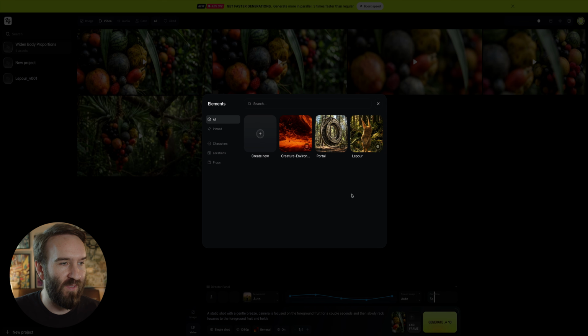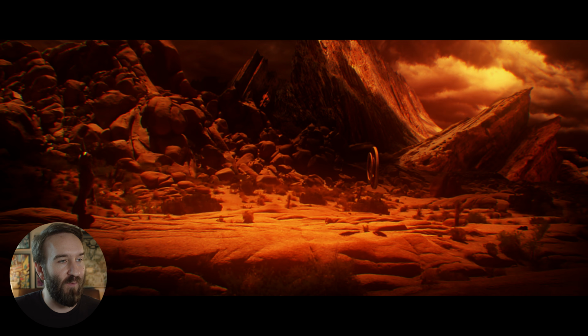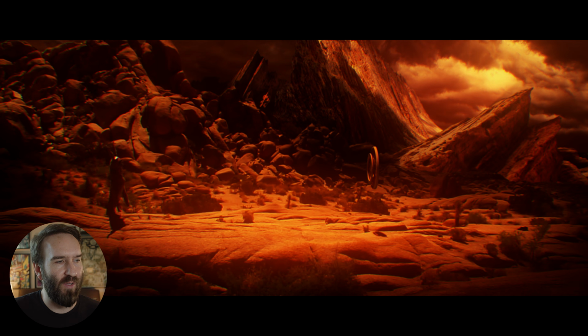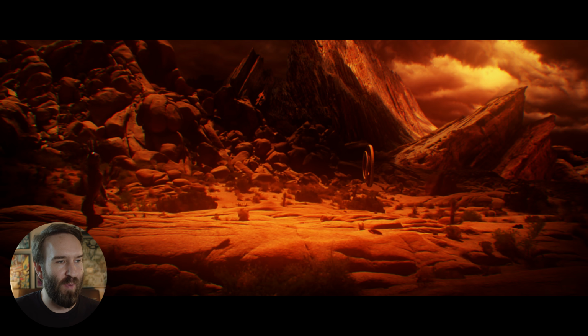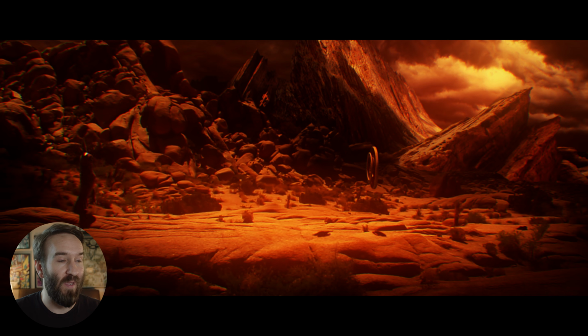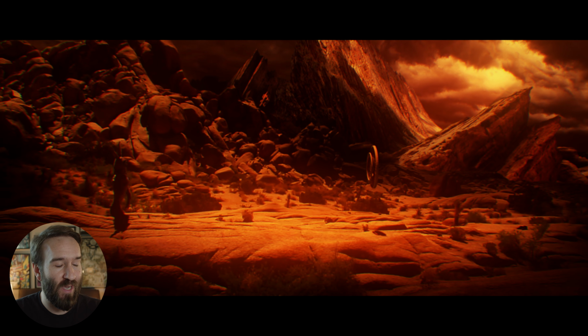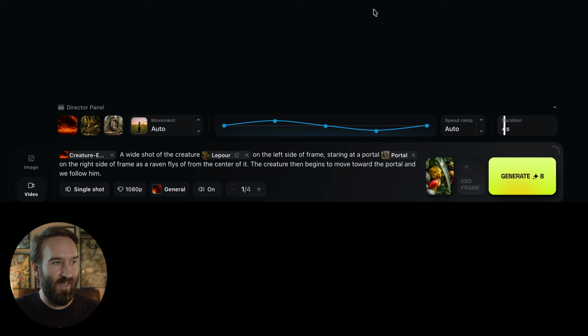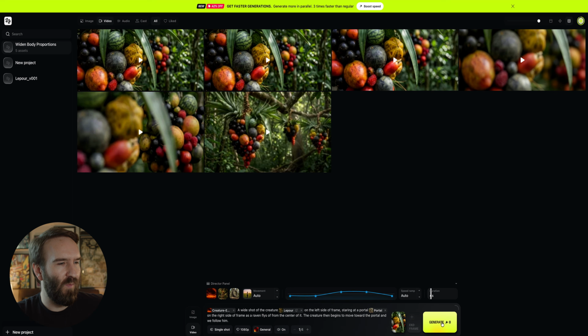And now it's time to see if we can get the mixture of these things working for one of the shots. So the first shot that I want to recreate is a handheld looking shot, kind of static, as the bird flies out from the portal. I'm gonna see if I can recreate that shot first. All right, I've got all this dialed into Cinema Studio 2.5. I've got the creature, the environment, and the portal uploaded, and I've given it direction. I told it that it's going to be a dolly from left to right, and here we go.